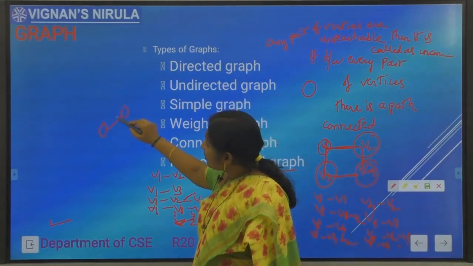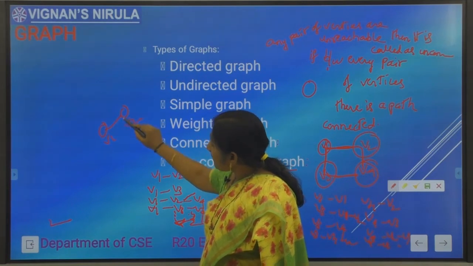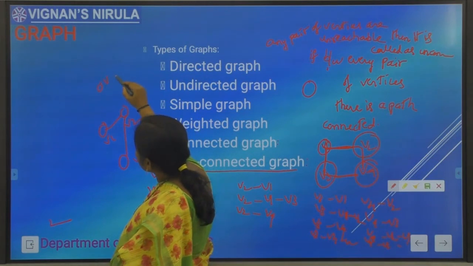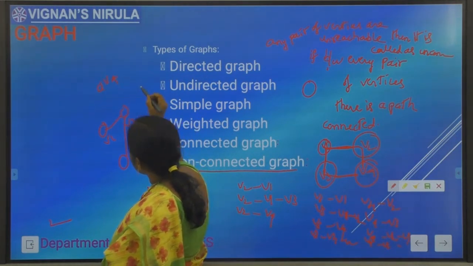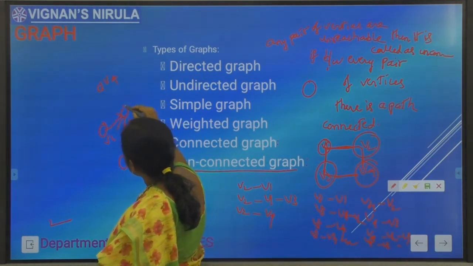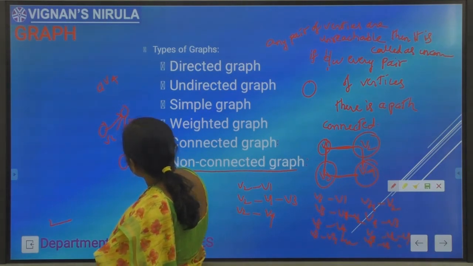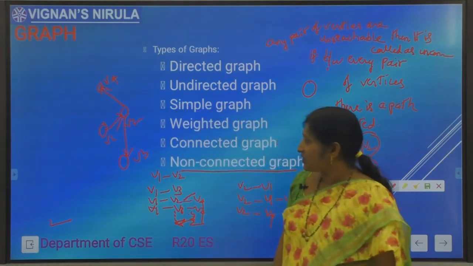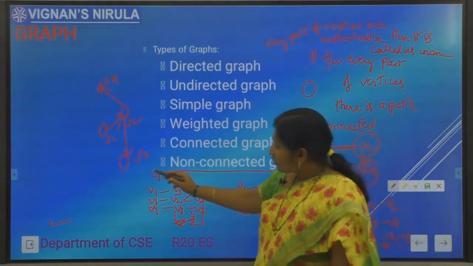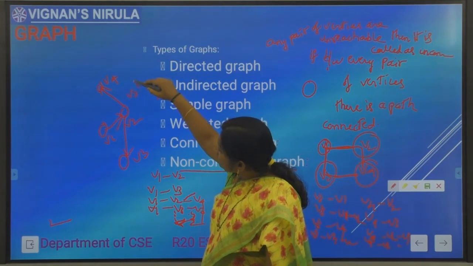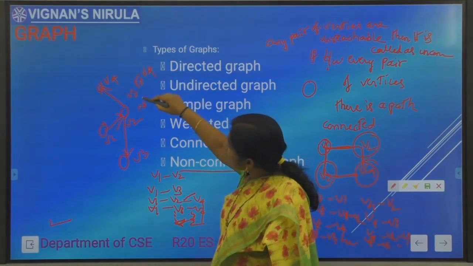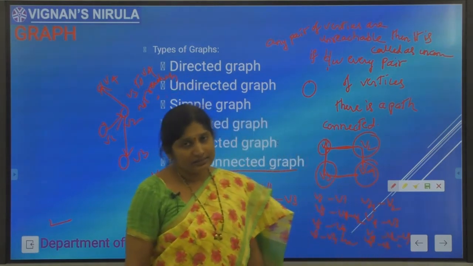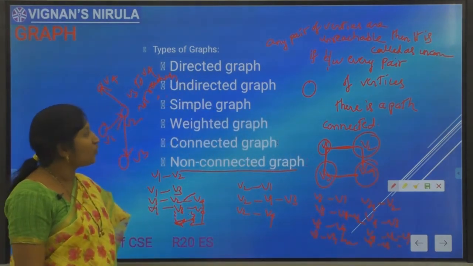For example, if you have this situation, this is a directed graph especially. Can we have a route from V3 to V4? V3 to V4 is not reachable. If any pair of vertices is unreachable, then it is called an unconnected graph or non-connected graph.